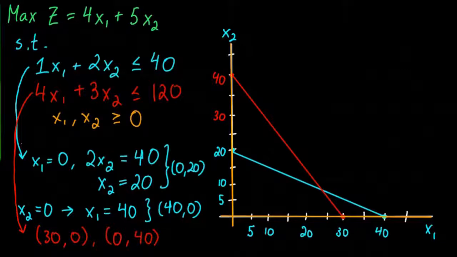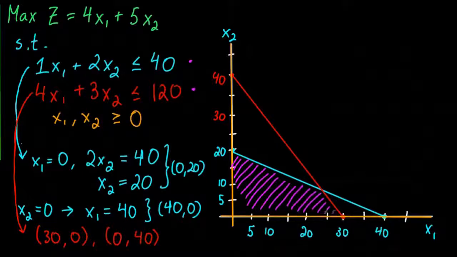So now we have to take care of our inequalities in the constraints. And since our first two constraints have a less than or equal to sign, we know that the feasible solutions must lie below these two lines. And so I'll shade in the region here that corresponds to the set of all feasible solutions. So this satisfies all the conditions we have,